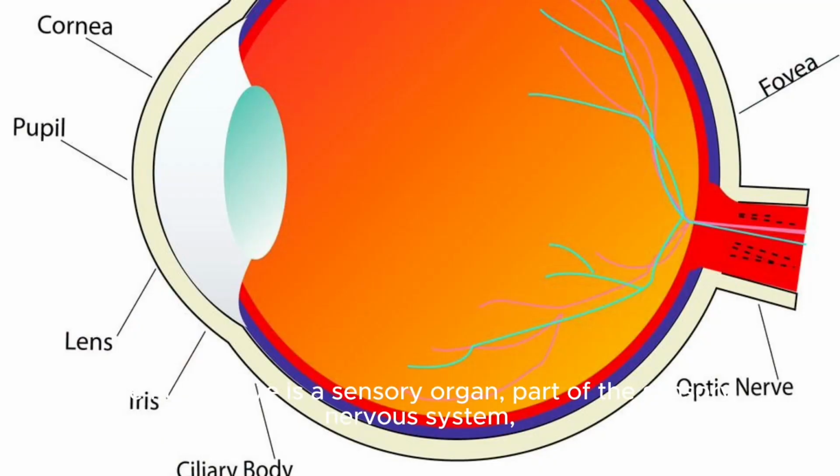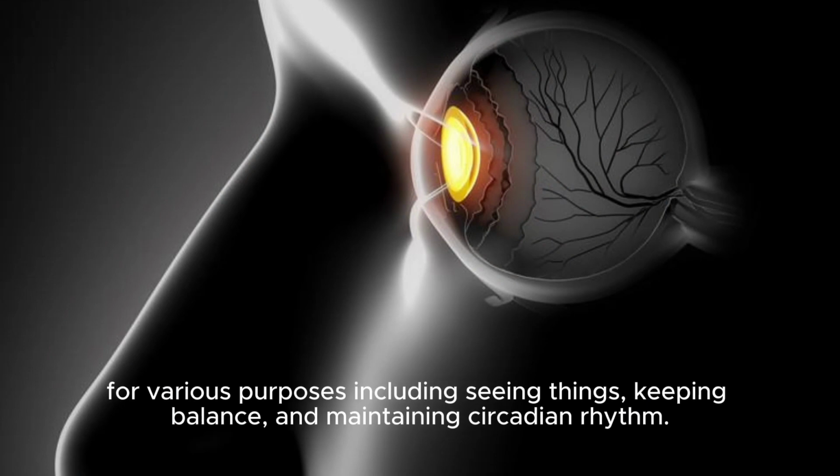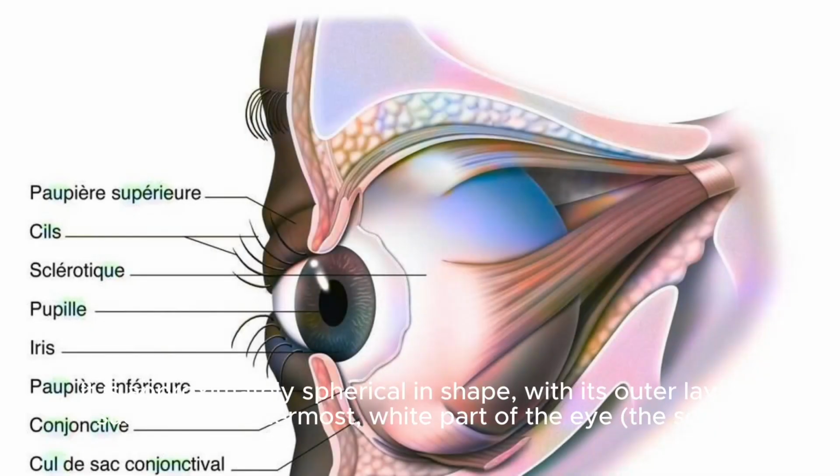The human eye is a sensory organ, part of the sensory nervous system, that reacts to visible light and allows humans to use visual information for various purposes, including seeing things, keeping balance, and maintaining circadian rhythm. The eye can be considered as a living optical device. It is approximately spherical in shape, with its outer layers, such as the outermost white part of the eye, the